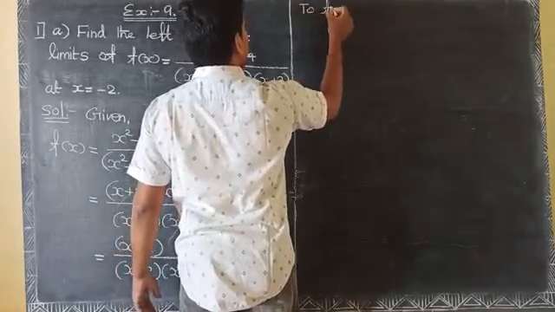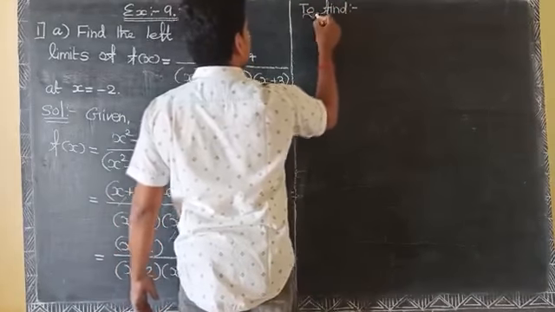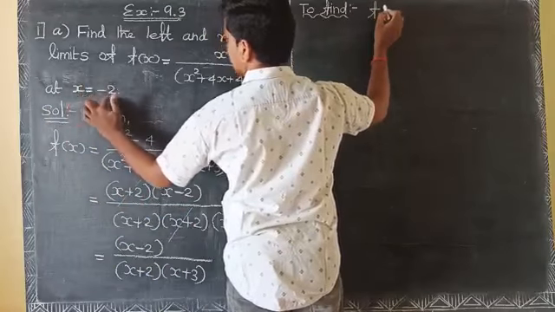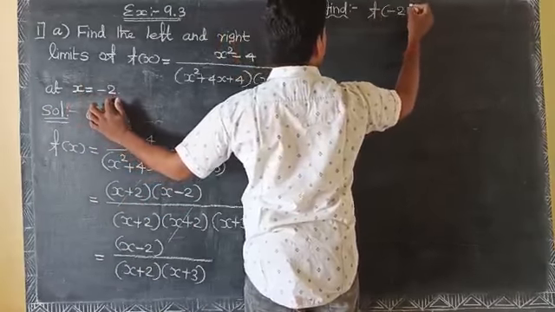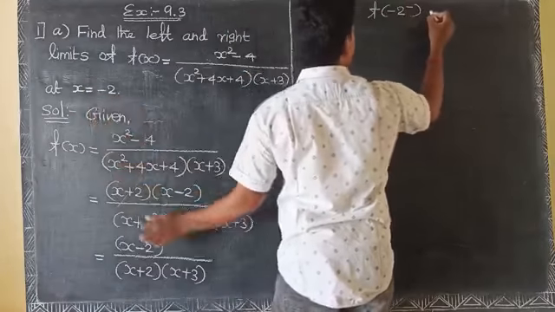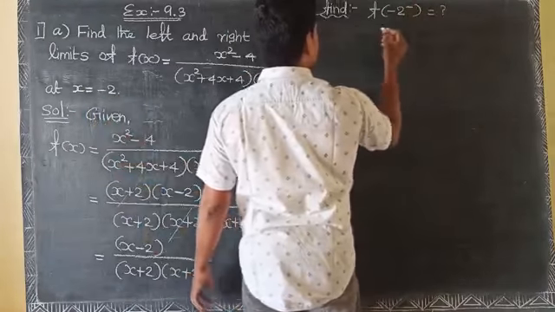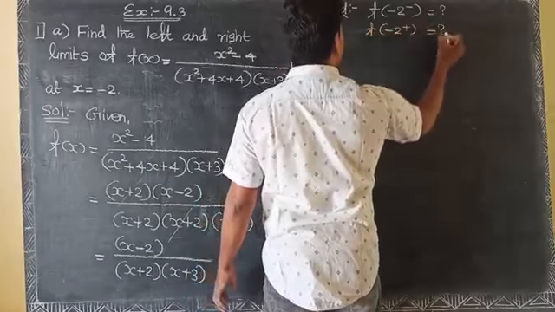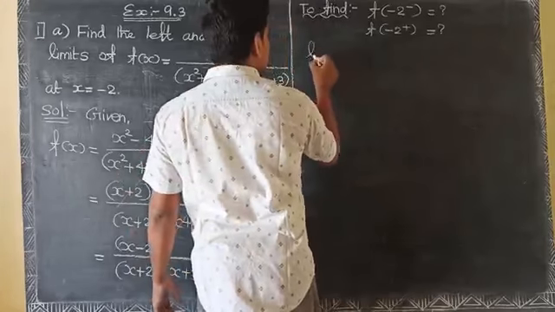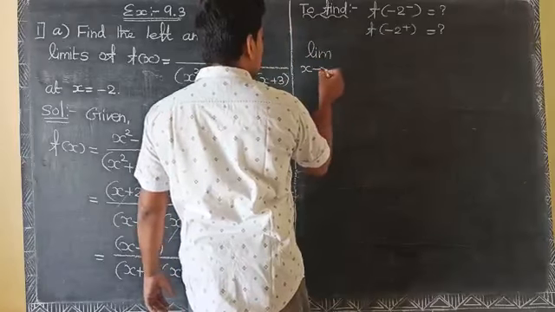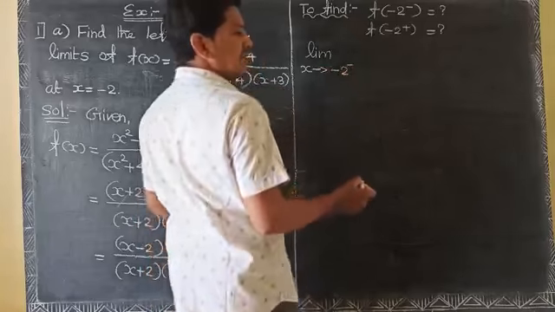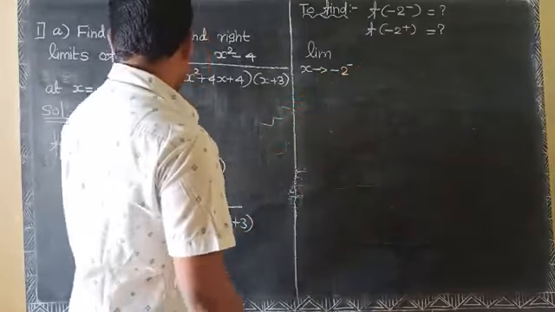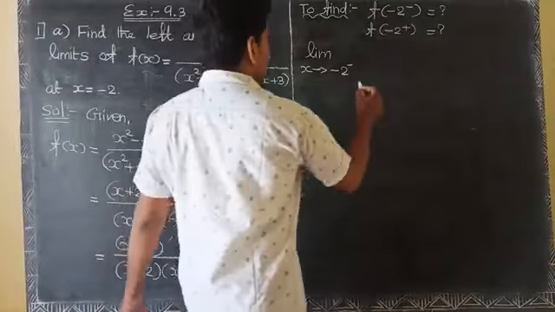To find the limit of f of x as x approaches some x naught, that is minus 2, the left limit is denoted by minus, and to find the other one, f of minus 2 plus, that means the right limit. Now to find the limit as x approaches minus 2 minus, that means x approaches minus 2 from the left side, the given function is x minus 2